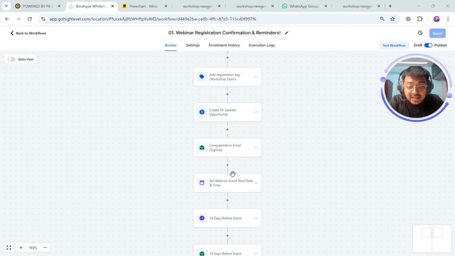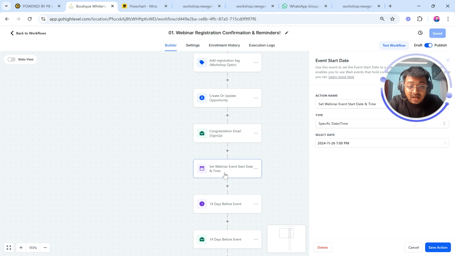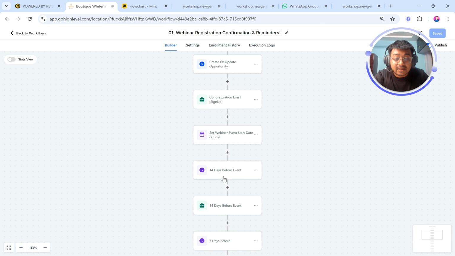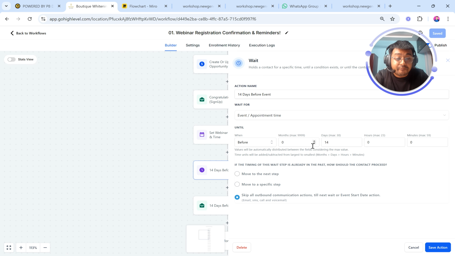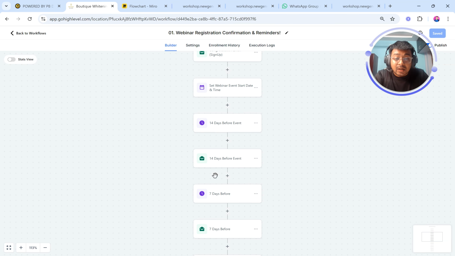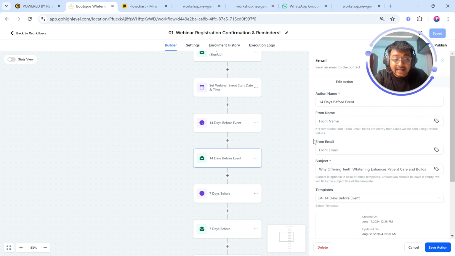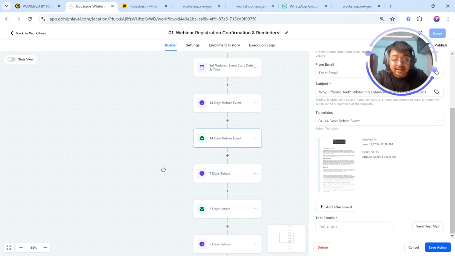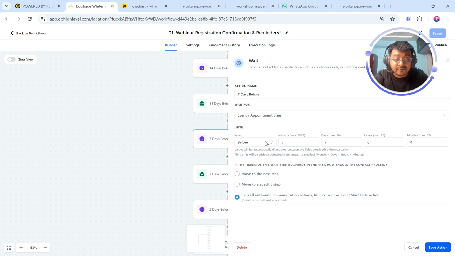in this automation. So if you see here, set webinar event start date, this is what you need to add, and it is set to a specific date and time. Based on this date, we can add a waiting time that only when it's 14 days before, the workflow continues to execute. Once it's 14 days before, it sends a reminder email. Then 7 days before, because here we have the 7 days before automation,